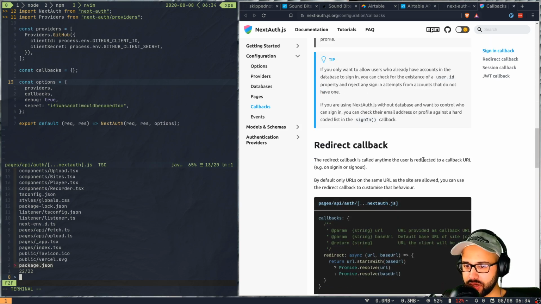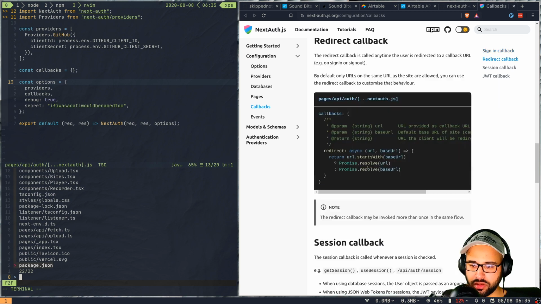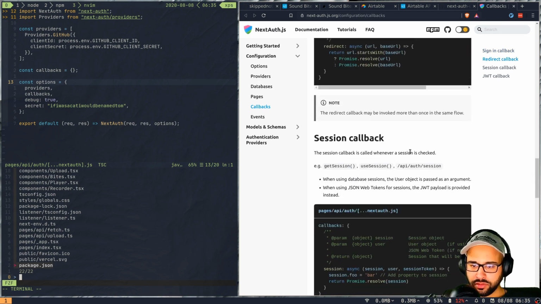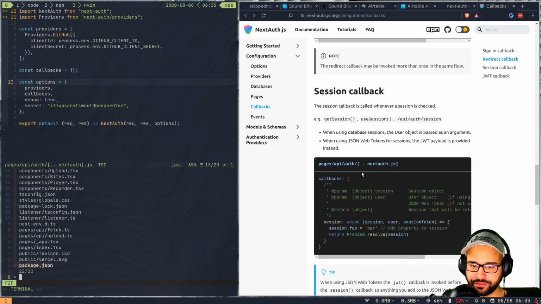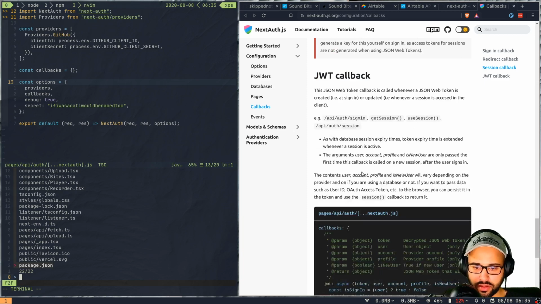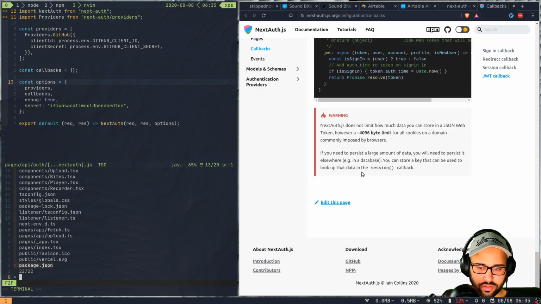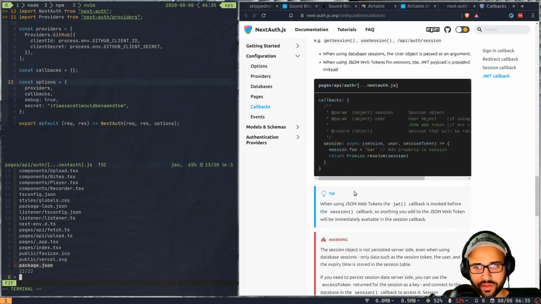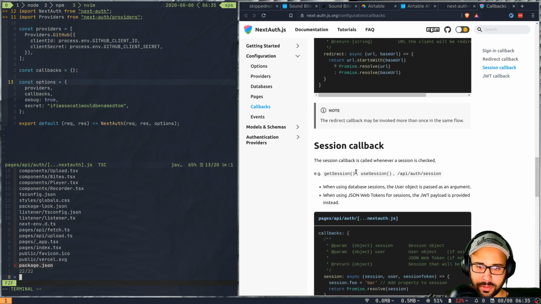The redirect callback is called anytime the user is redirected to a callback URL, for example on sign in and sign out. By default, the URL is the same as the site URL. Session is checked. Okay. And then where's that redirect? Okay. So the signIn callback is